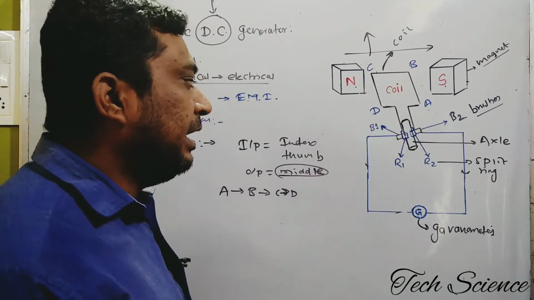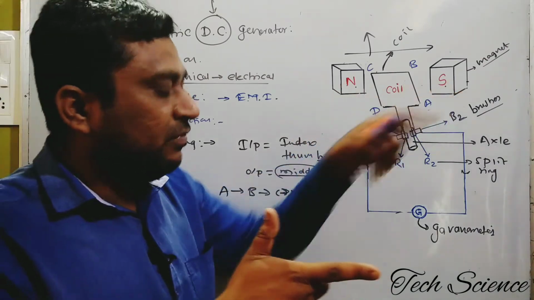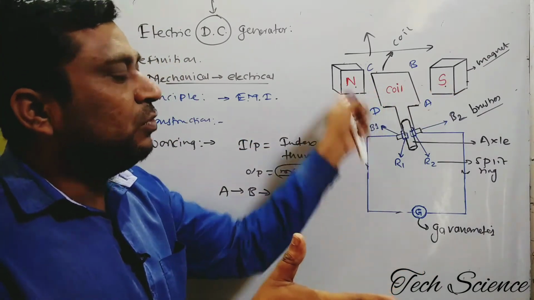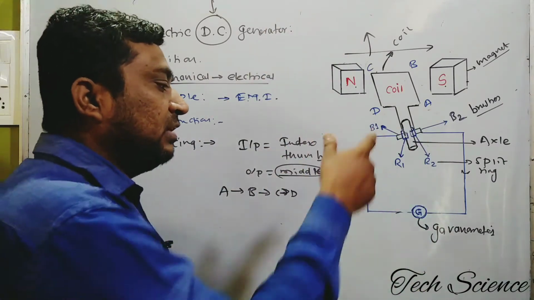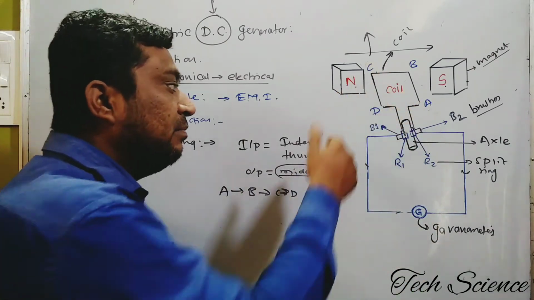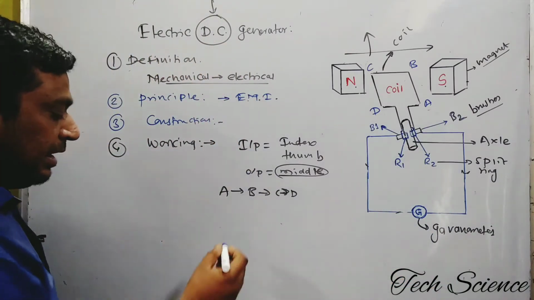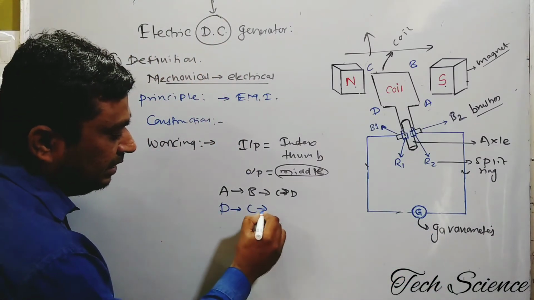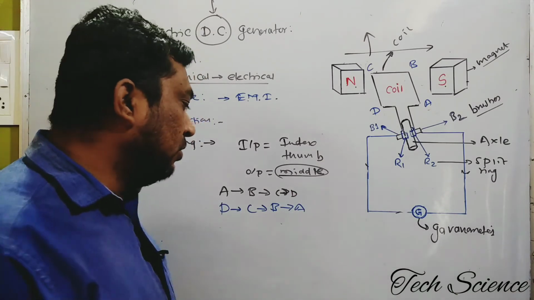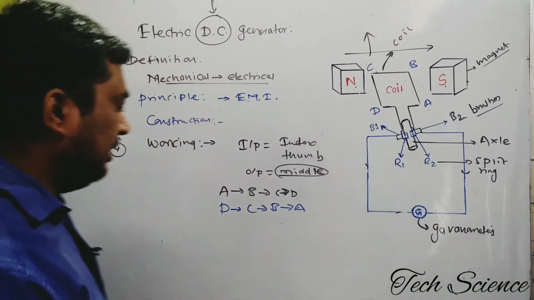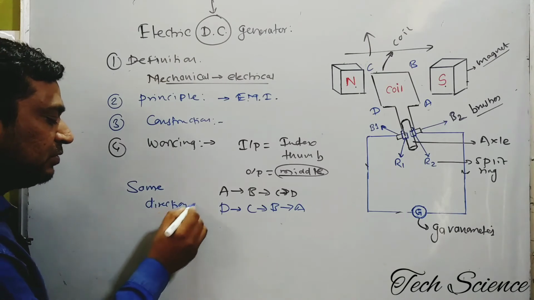Now what happens here? Again, Fleming's right hand rule is applied. So again, this is the direction of the magnetic field. CD is moved in upward direction. That's why the direction of the thumb, the motion of the conductor, is upward. Again, there is a flow of current. The current gets induced inside, meaning D, C, B, A. For the next half rotation, the current flows in the reverse direction like D, C, B, A. But here I am not using the word reverse. I am using the word same, although the current moves like ABCD or DCBA, it flows in the same direction. Why am I using this word?